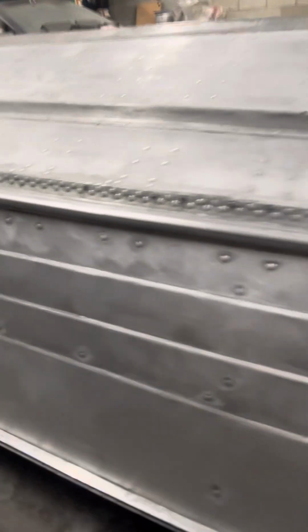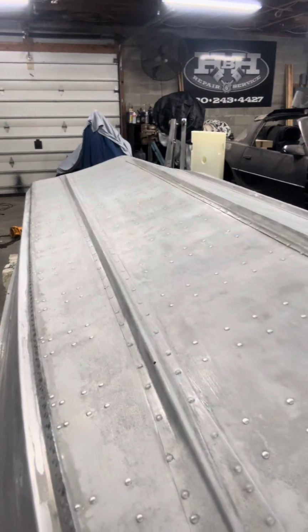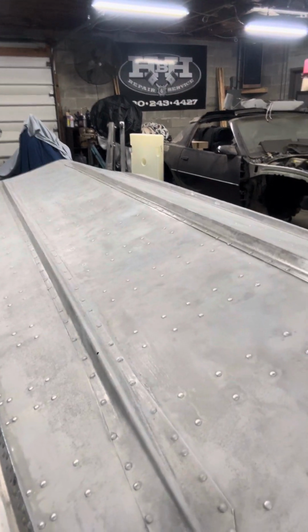I sanded into it, but you can see the Bondo and the high build primers filling those sanding scratches rather nicely. I got one spot back here that I do need to, it feels good, so I think I just need to scuff that and leave it go. But the one video I took, I think I showed you people that the bottom of the boat was pretty shiny, and it's not now, because